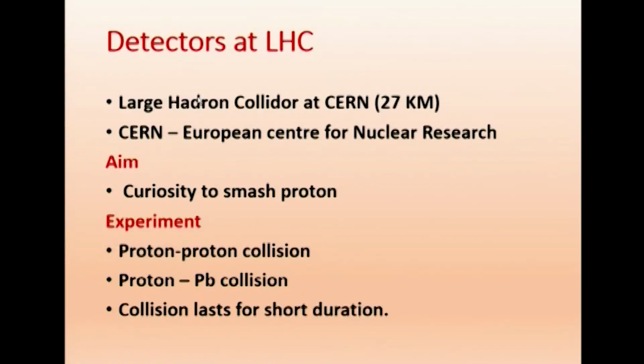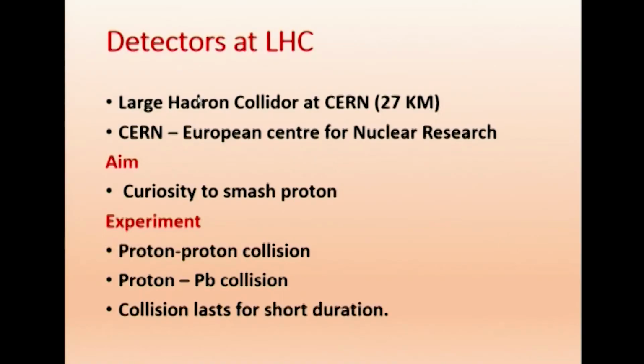And why is it called hadron? Hadron is a particle of high energy. And how is that high energy attained? The particle moves through a distance of 27 kilometers. So it's like a linear accelerator, which is maybe lab size. But here it goes from one country to another, across a country border, a 27 kilometer distance it travels. Therefore, the energy is very large. That's why we call it a Large Hadron Collider.